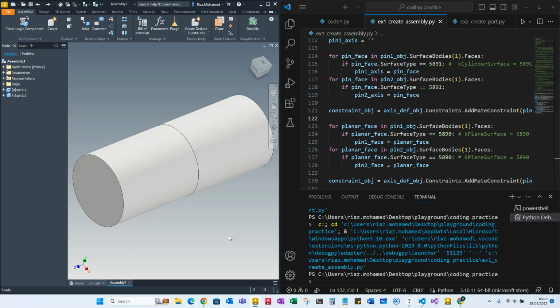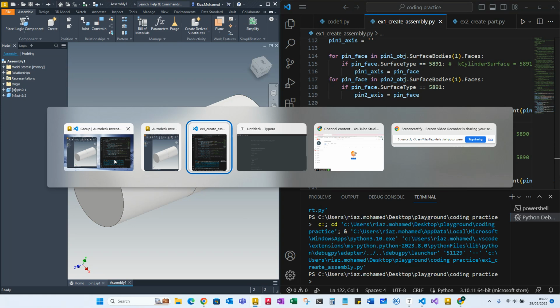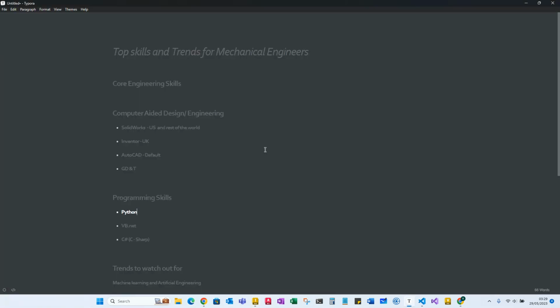So programming, as you can see, this is such a basic example, but if you wanted to completely design or automate a task by making different components for a conveyor or a big heavy machinery which you're going to be using in different projects again and again, if there is a pattern which most engineers end up doing most of the time, you can save a lot of time for the company and yourself by creating these automation routines, and you will be able to get things done more quickly,